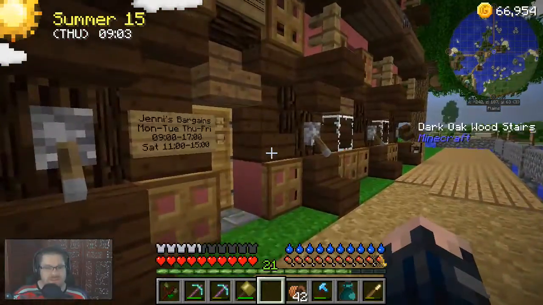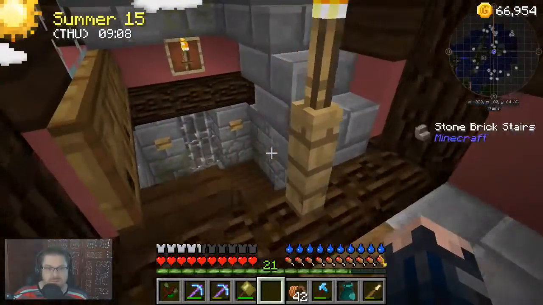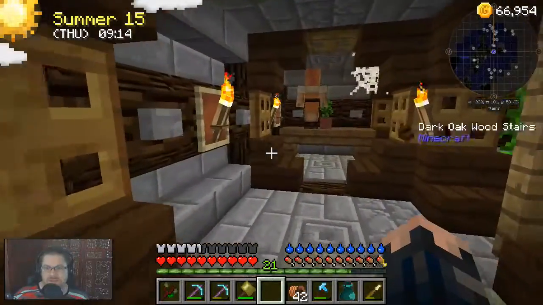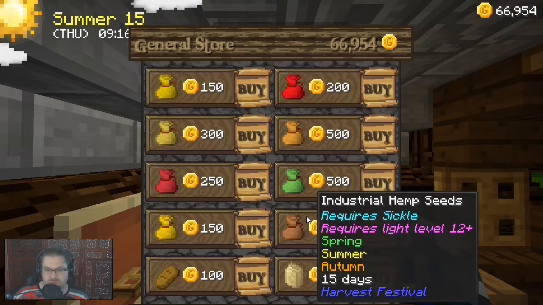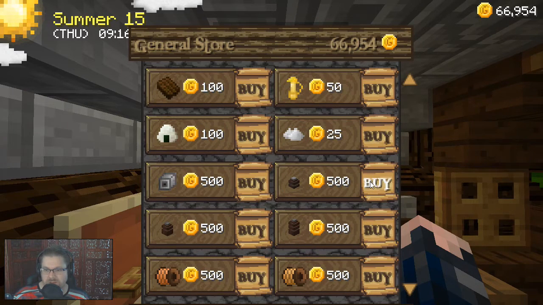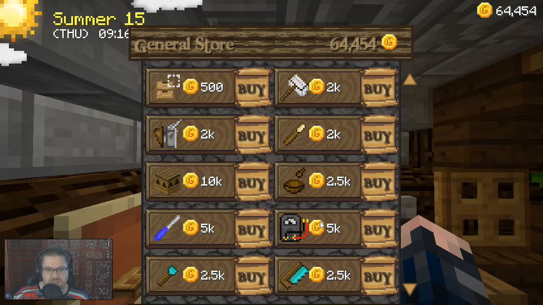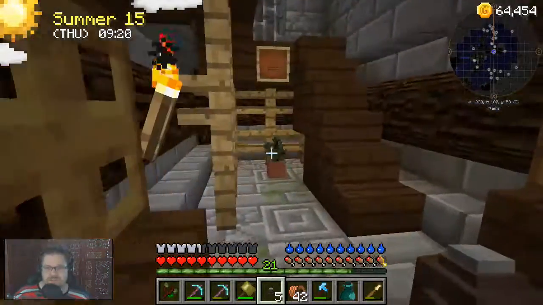Alright, it's 9 o'clock. Time for Jenny's Bargains to be open. I'm going to buy one of those connectors. And there was a bit of a lag spike there. Alright, wakey wakey. Yes, we need to shop. We need to shop and we do it right now. Okay, we're going to buy a couple more low voltage connectors. Actually, we'll buy a few more. It doesn't really matter. I'd like to buy some more bee houses if I could. But I'd also really like to buy some more...